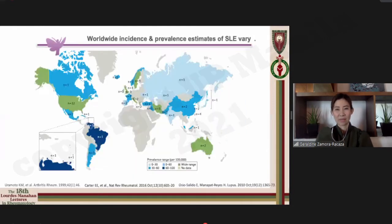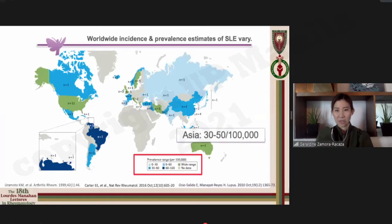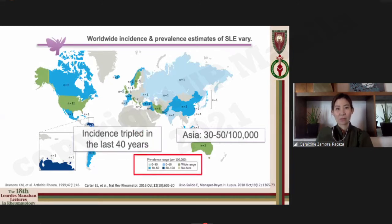Worldwide incidence and prevalence estimates of lupus vary substantially. The highest prevalence is in African American and Afro-Caribbean women, and lowest prevalence is in white men. In this figure, the prevalence is shown in ranges per country per 100,000 of the population. In Asia, prevalence rates usually fall within 30 to 50 per 100,000 population. And most likely due to improved detection of mild diseases, incidence has tripled in the last 40 years of the